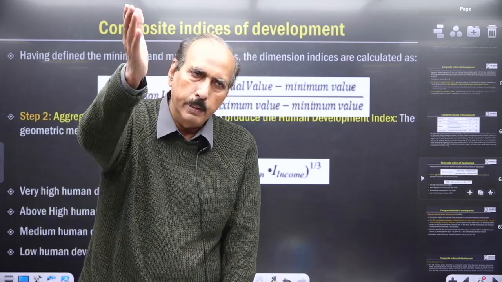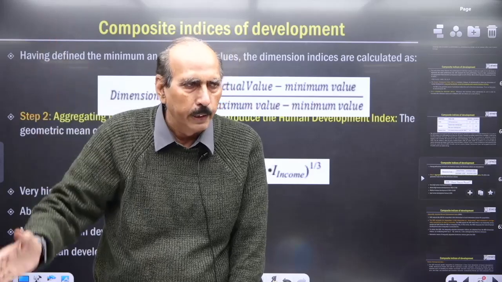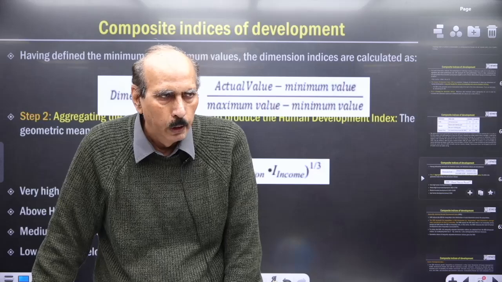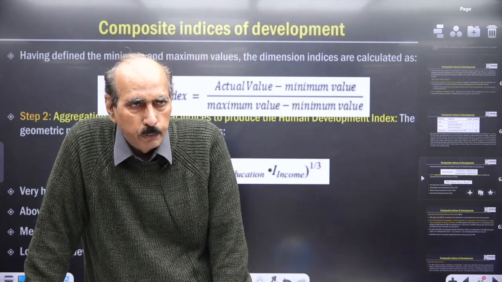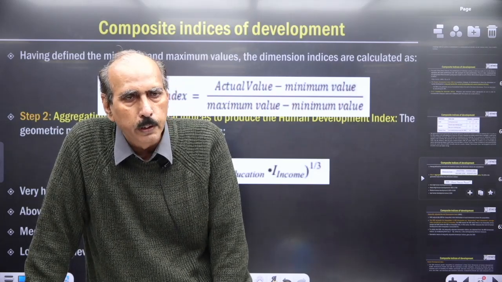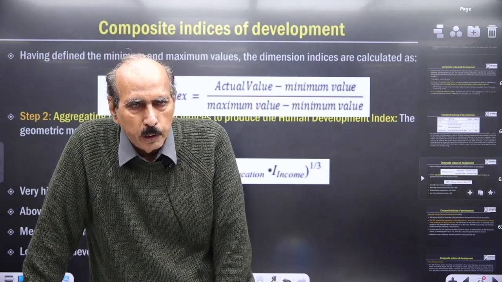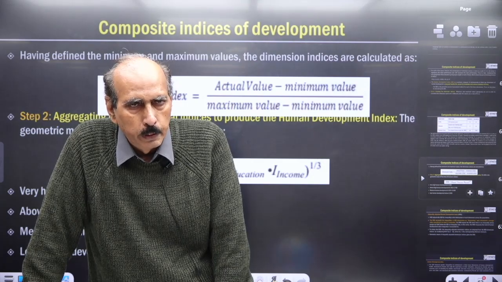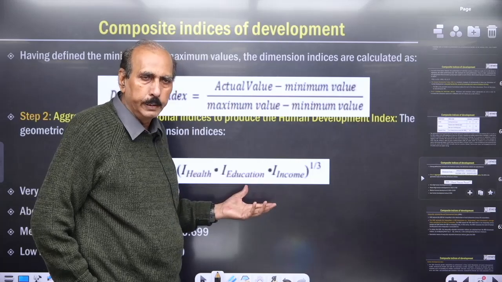What is the ranking of the country in terms of economic growth? And what is the ranking of the country in terms of HDI? As I mentioned the other day also, our ranking in terms of economic growth is number 5, because we are the 5th largest economy of the world. But in terms of HDI, our ranking is 130. It means economic growth is not fully translated into economic development. But this is the very simple HDI.